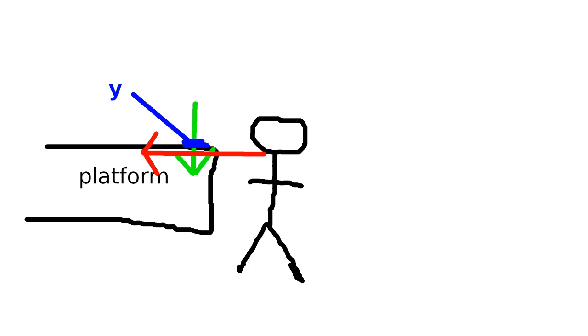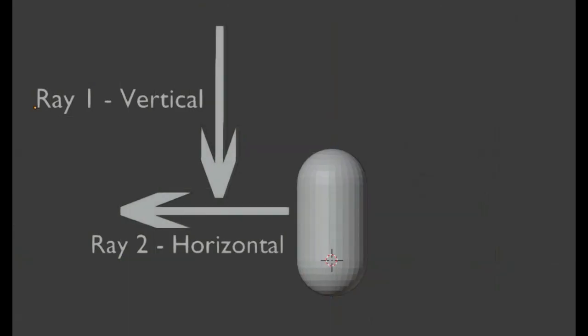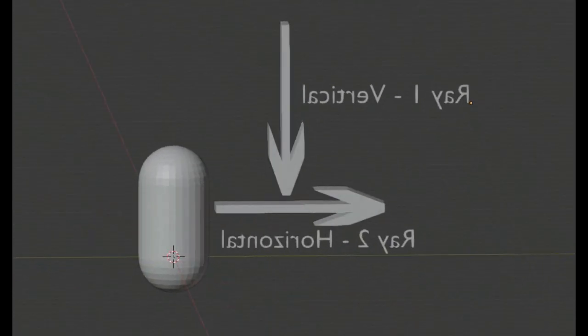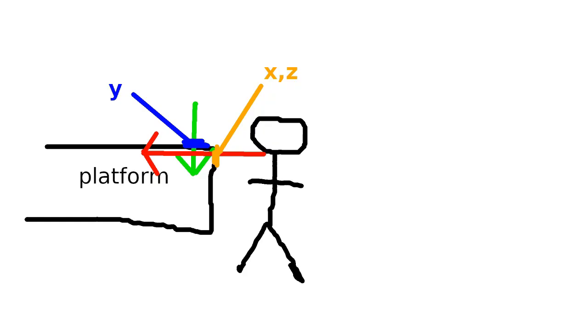Then we fire a second ray, whose position will be a bit lower, around 0.01 distance below the collision point of the first ray, and this ray will be horizontal, moving away from the player towards the platform. This is what it would look like in 3D. Then we get the collision point of the second ray and take a note of this ray's X and Z values. The next step is to position the pill some distance below the collision point of the first ray, and some distance away from the collision point of the second ray.